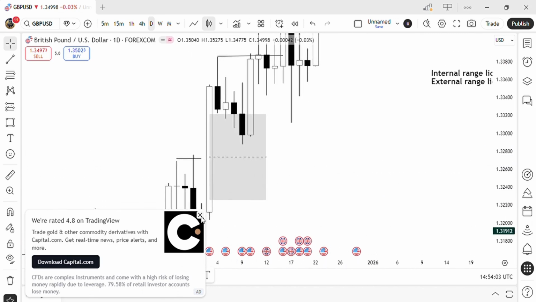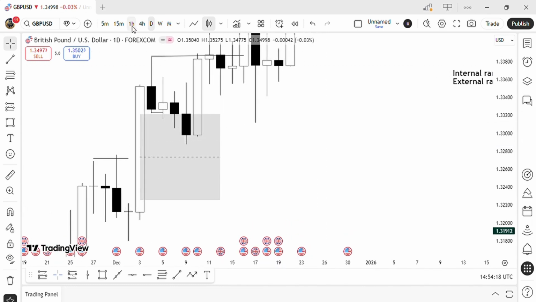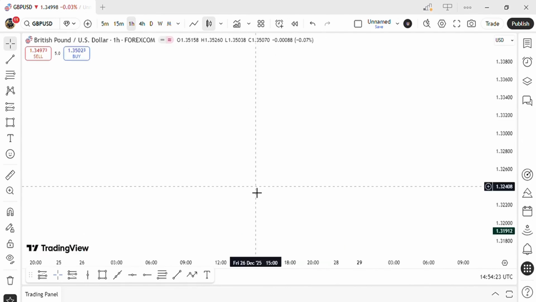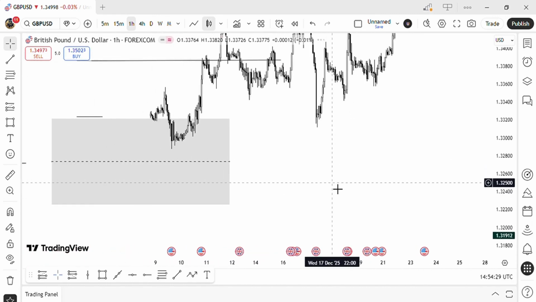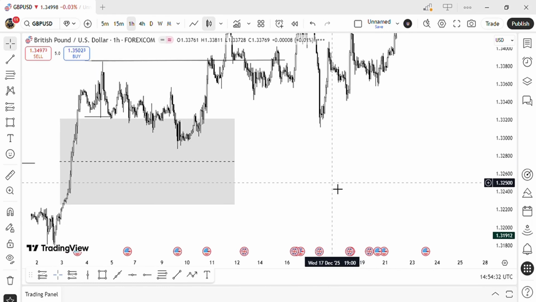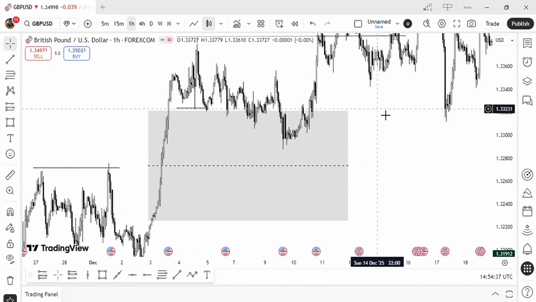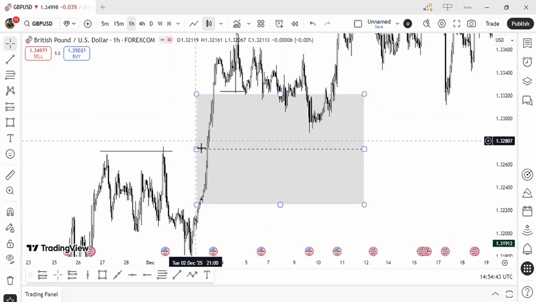This could have been your liquidity, right? That for sure price is going to clear. This could have been your liquidity. Let's see. Okay, let's go to the 1 hour and check it out. Okay, very beautiful structure. I like what I'm seeing. So remember, this is our higher time frame range, and right here on the 1 hour,